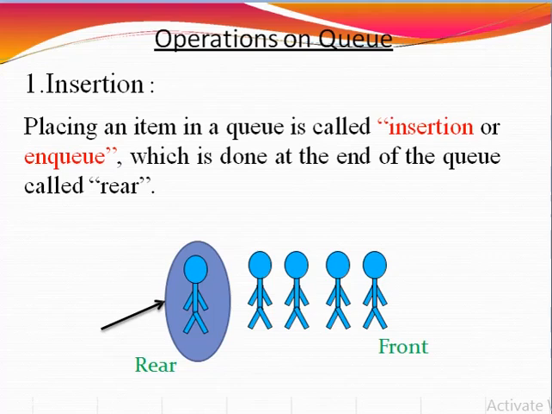We will now see the insertion operation, or the enqueue operation, in detail. A queue maintains two data pointers, front and rear. Therefore, its operations are comparatively more difficult to implement than those of stacks. There are certain steps, five different steps. The very first step is to check if the queue is full.